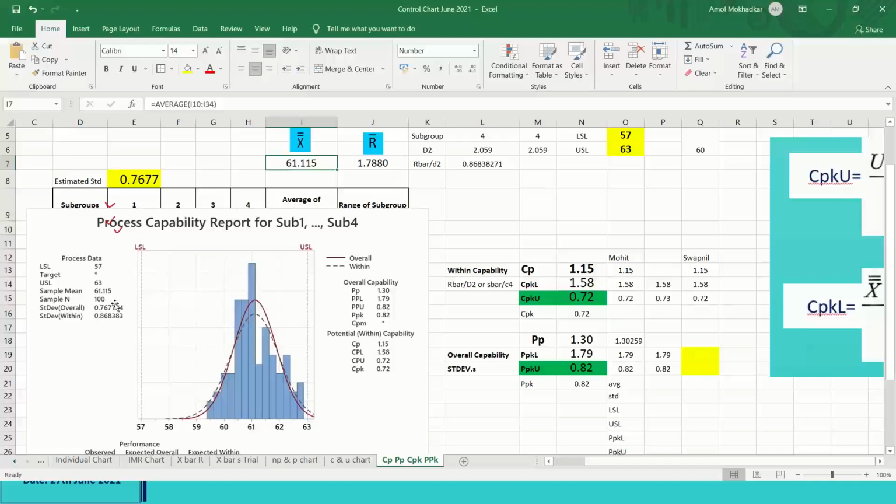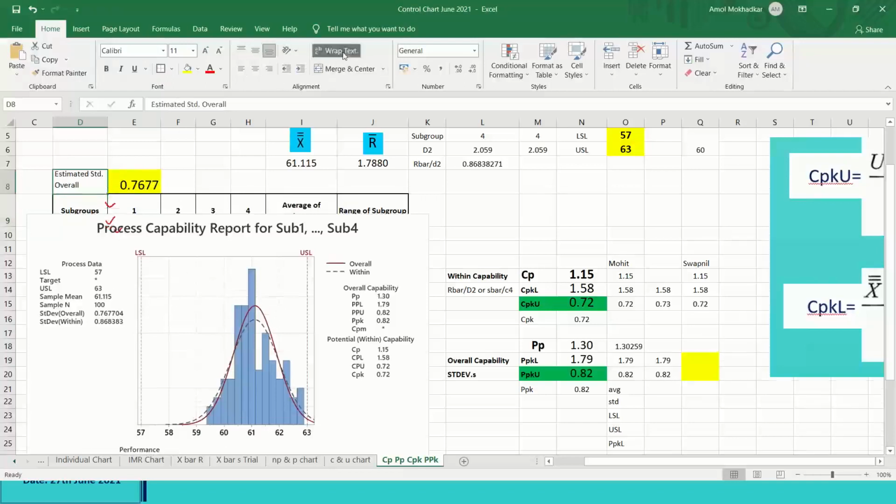Now what is the standard deviation overall? And then standard deviation within, because this is what you are going to use for calculating the CPK and PPK, or CP or PP, within and overall. When we say overall, we have taken all the 100 data points, and that is the value we got, the overall standard deviation.